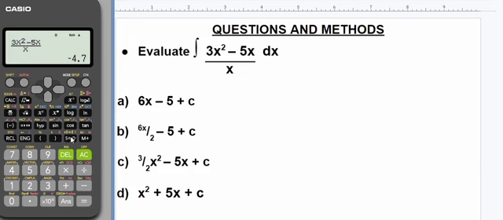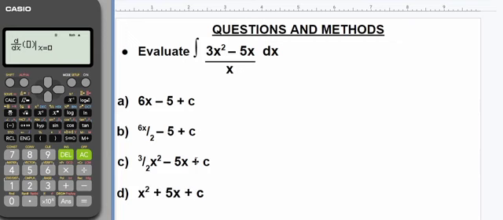So we are now going to differentiate the options and see if any is going to give us minus 4.7. Any one giving us minus 4.7 is actually the answer to this question. You understand? So let's do that. You're doing that by pressing shift integral sign. The first option there says 6x minus 5. Like I said, you don't need to bother about the c, because it's a constant, and all of them are having it. It's an integration constant. That's what it stands for.